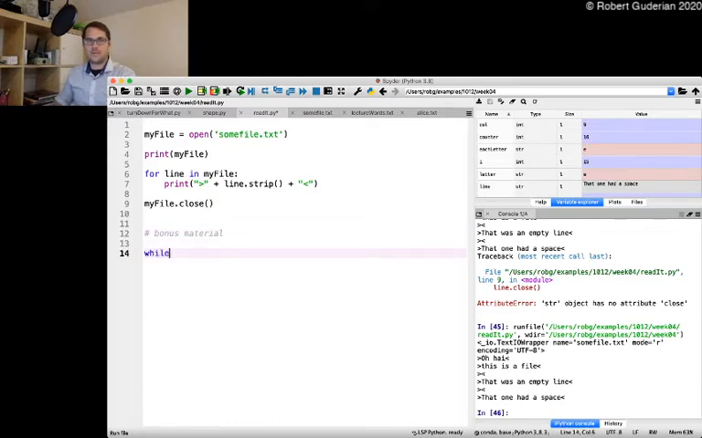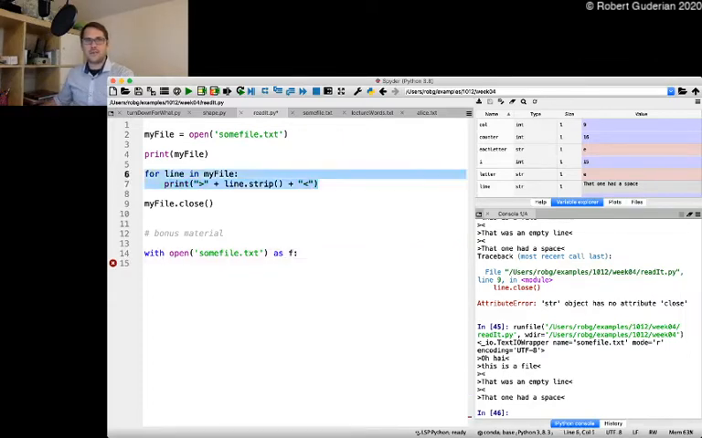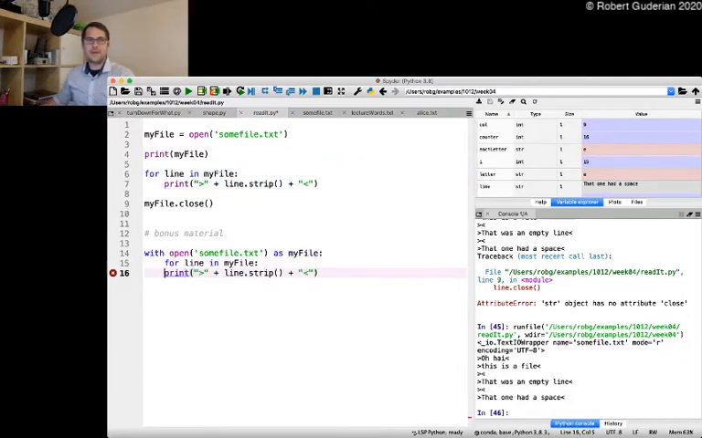You can say with. You can look into this on your own time. I'm not super interested in this. With open some file as f. Then we can have the same for loop, and that'll work the same way. Actually, I'll call it my file. Everyone always just calls it f in there, which is funny. And this will do the same way, and then it auto closes the